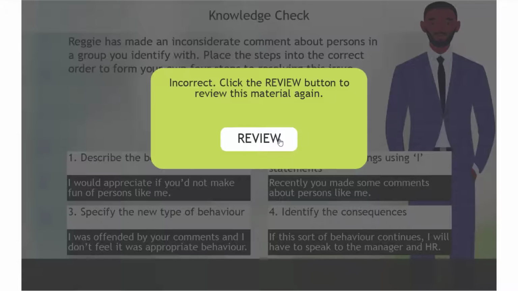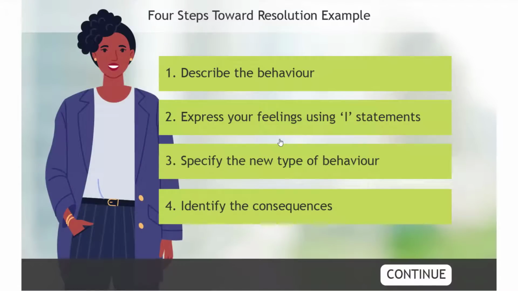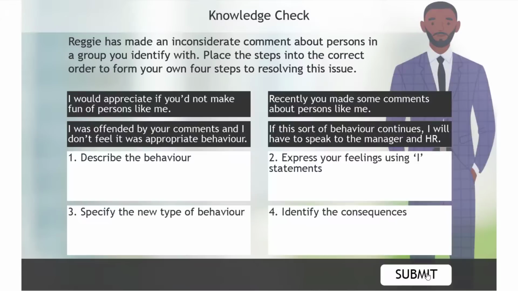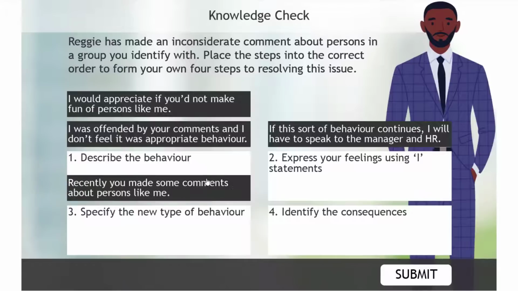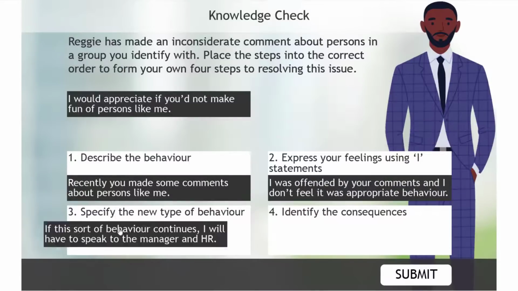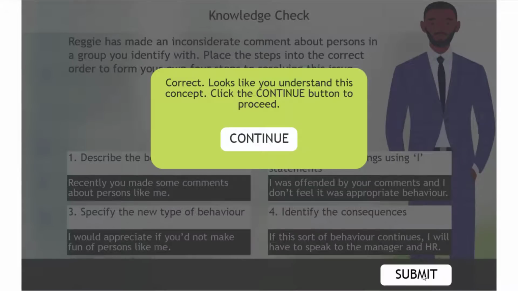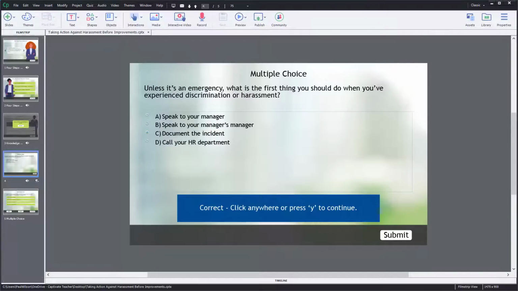So if I click review, it will take me back to the previous slide in this lesson. And of course, once I've had an opportunity to review this material again, I can press continue. And now, of course, I'll have another opportunity to try this again. And now, of course, I get the correct message. And of course, if I press continue, it goes to the next slide. So that brings us to our